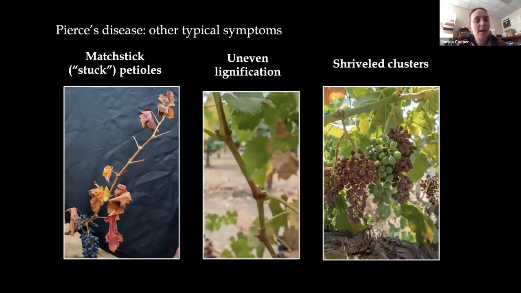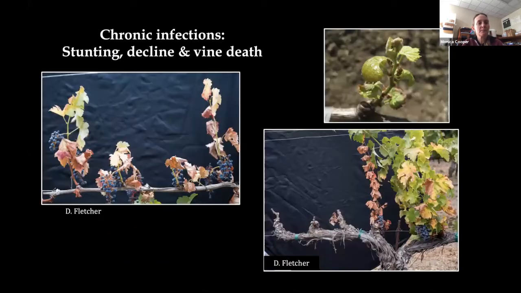Other symptoms that generally you start seeing in August and September would be the matchstick or stuck petioles, where the leaf blade will fall, but the petiole will remain attached to the shoot. We see uneven lignification, or within the shoot, these green islands that are not lignifying. And then we also see shriveled clusters. As I said, this is a fatal disease at this point to vinifera, and so eventually you start seeing stunting,